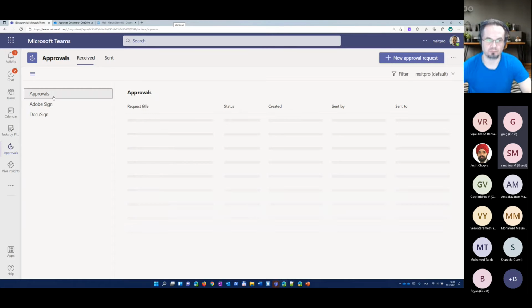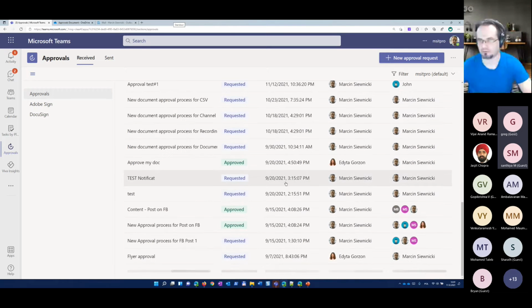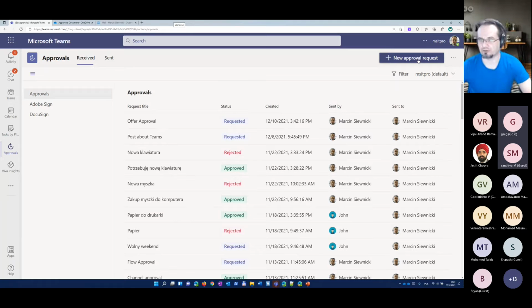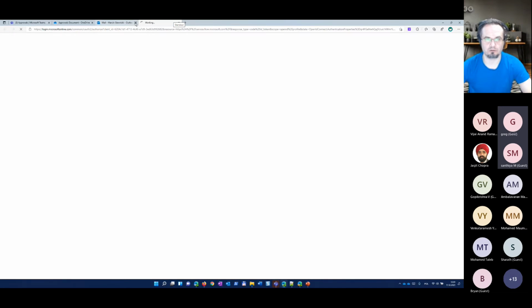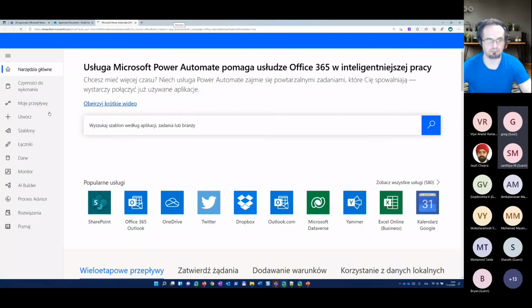Because this approval app in Teams shows all approvals that I create in the app itself. But what happens if someone creates an approval in Power Automate? So I will quickly go and create a new approval, basic, very basic, without any